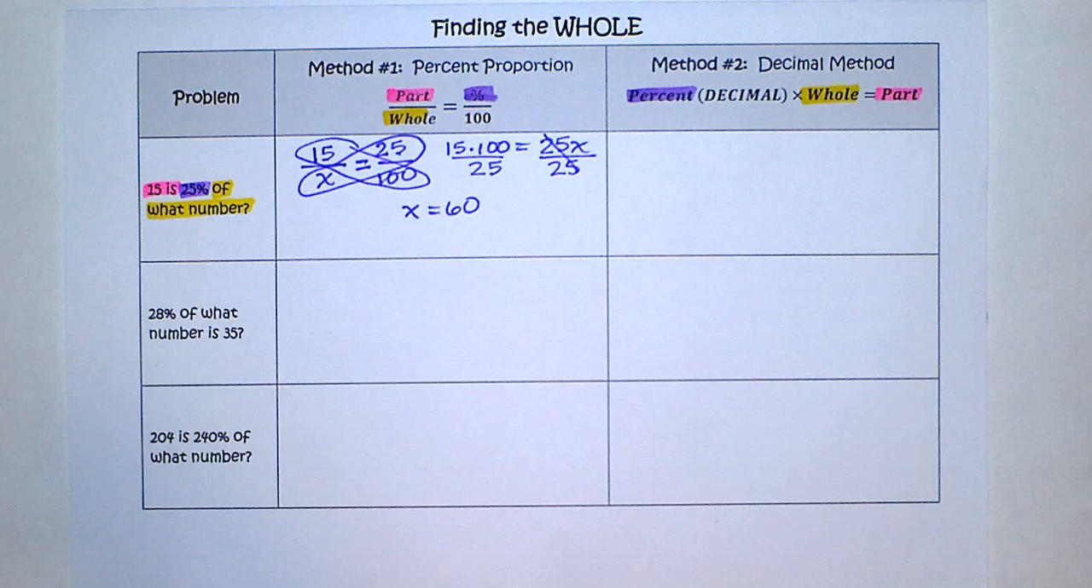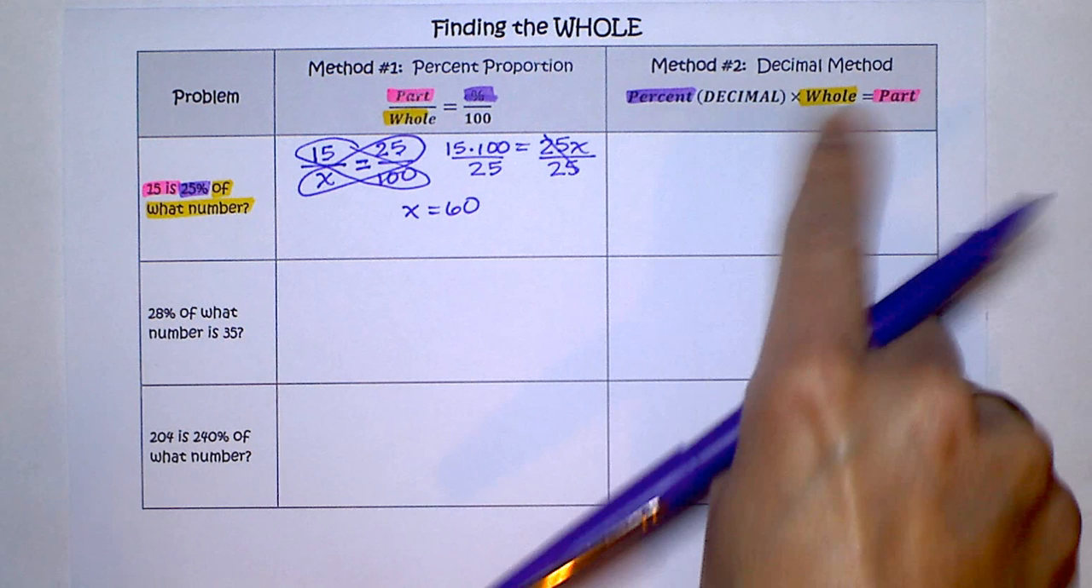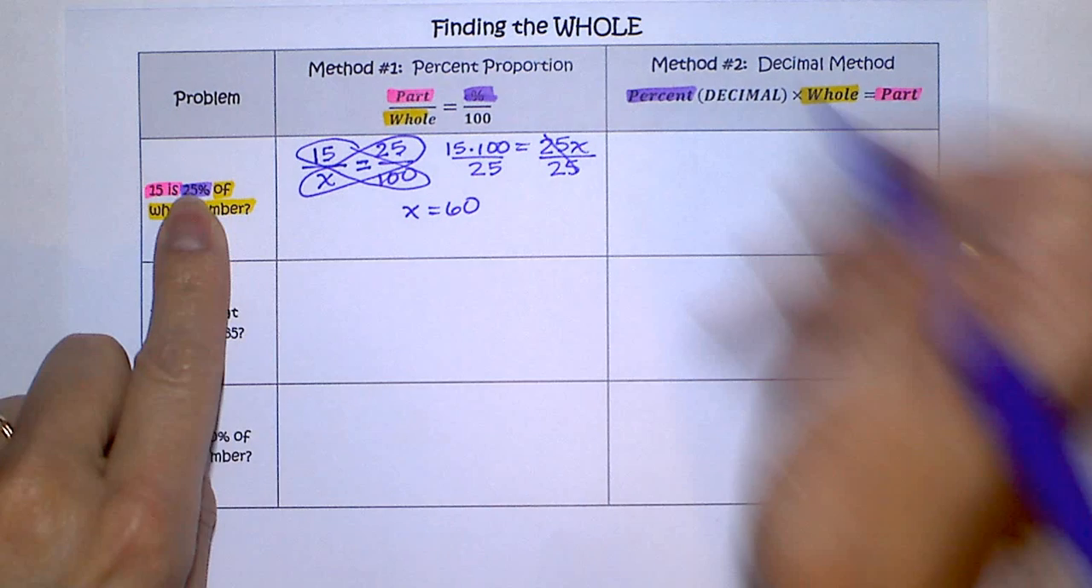So let's do the same problem but use the decimal method. So we're going to take our percent, don't forget, as a decimal. That's why it's called the decimal method. So we're going to write 0.25